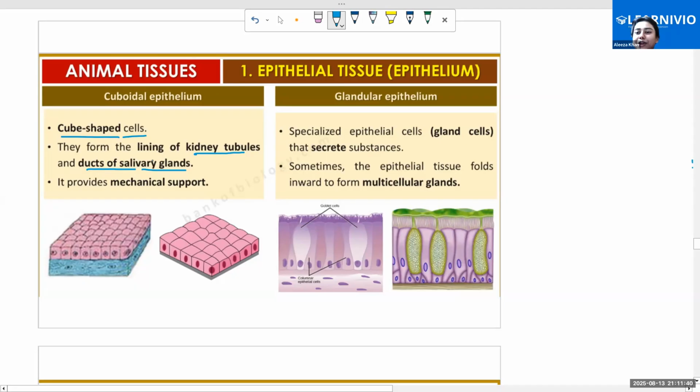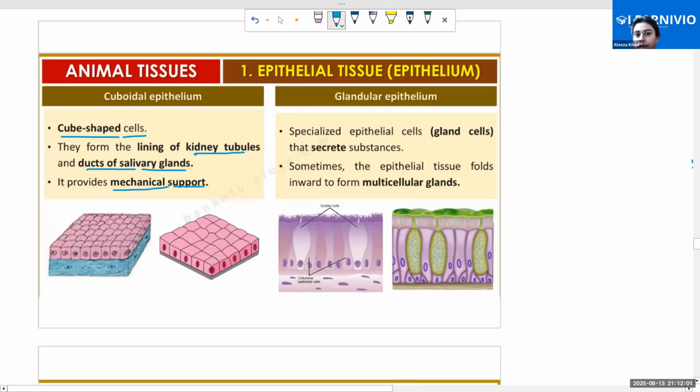Where is your saliva produced? In your mouth. So your salivary gland must be there. So these are present in your kidney tubules and the salivary glands, and it is responsible for providing a